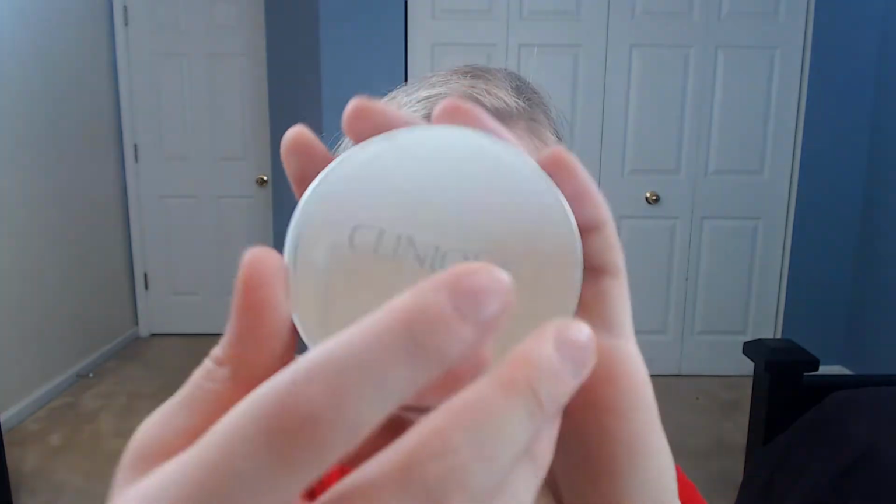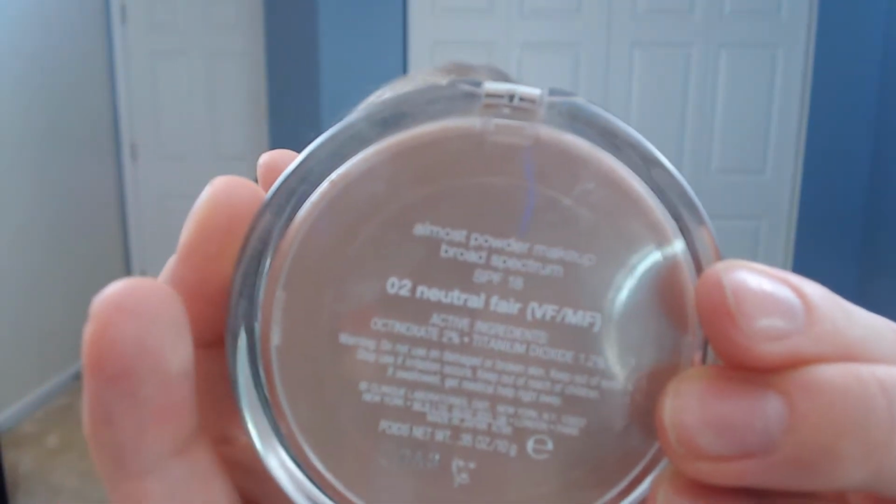So once I've got the concealer all blended in, I will go in with my powder foundation. I'm going to be using the Clinique Almost Powder, and I'm going to be taking the shade Neutral Fair. This is my perfect shade when I'm super fair, obviously. And I'm just going to be taking kind of a flat top,